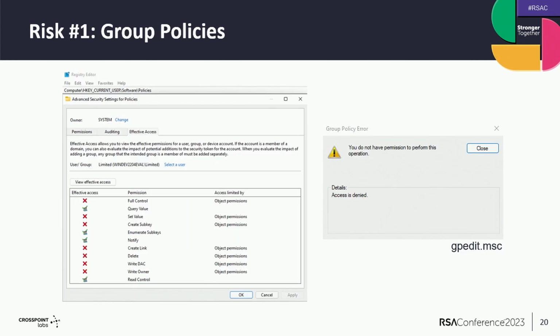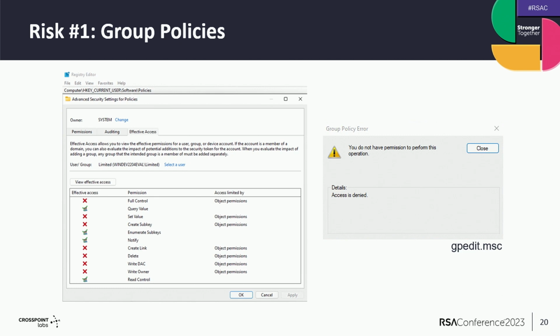Now back to the current user software policy key that I mentioned before. That location is where the local group policies are stored in Windows for the currently logged in user. In Windows, only admin accounts are authorized to configure group policies.